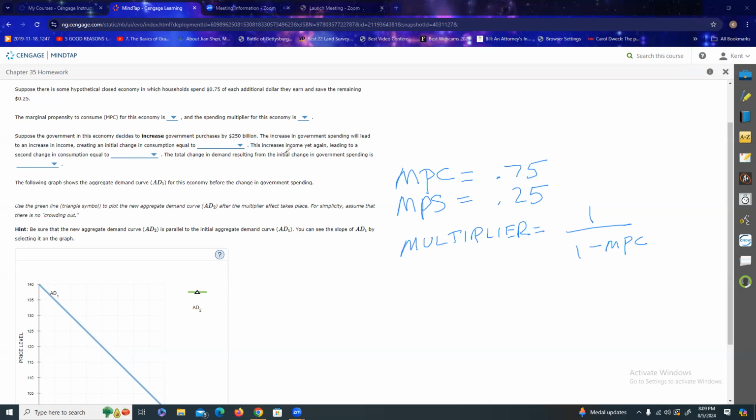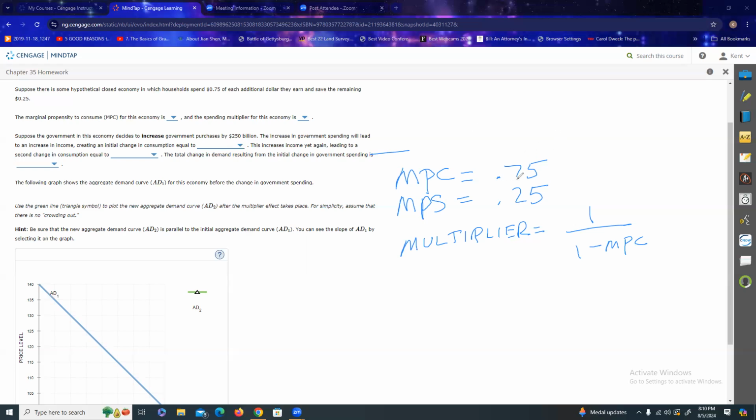So what does that first round look like? The 250 billion is received as income, and people are going to be saving 25% and spending 75%. So they're going to receive this 250 billion,